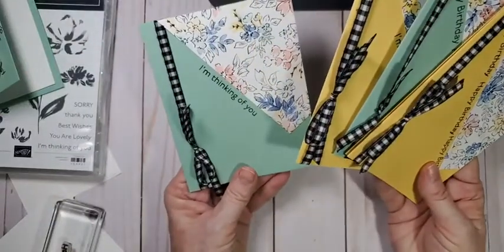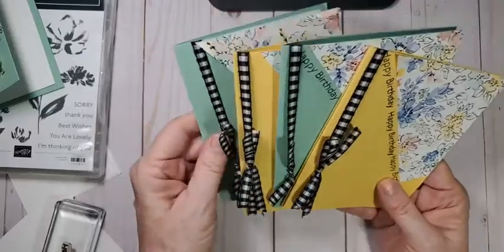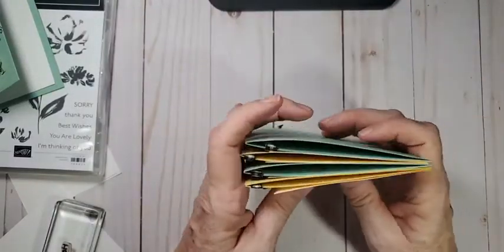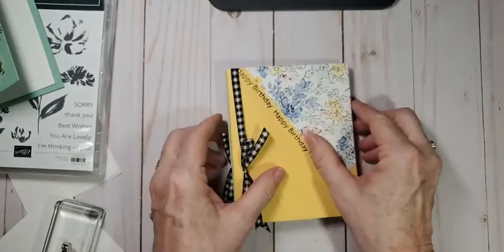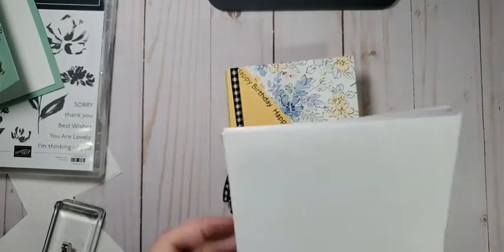You guys, I'm obsessed. I just think this is the coolest concept. Now, I did 1 inch. You could do a 1/2 inch. You could do 1 1/4 inches. You can play around with it, whatever you want to do. So there's 4 cards, 4 envelopes